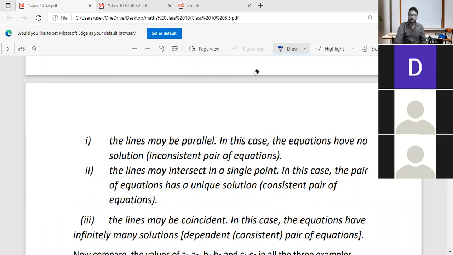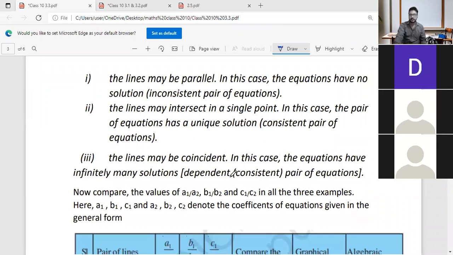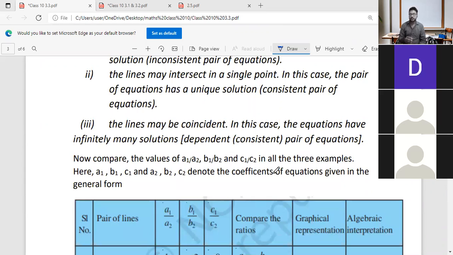Yes, sir. So these are the three cases. Now we are going to understand what all this means. We are going deeper, so all of you listen carefully. What does it actually mean? Is there any relation between the equations of the lines? If they are independent, if they are dependent, if they are not at all dependent, we are going to check. It is given in this table.